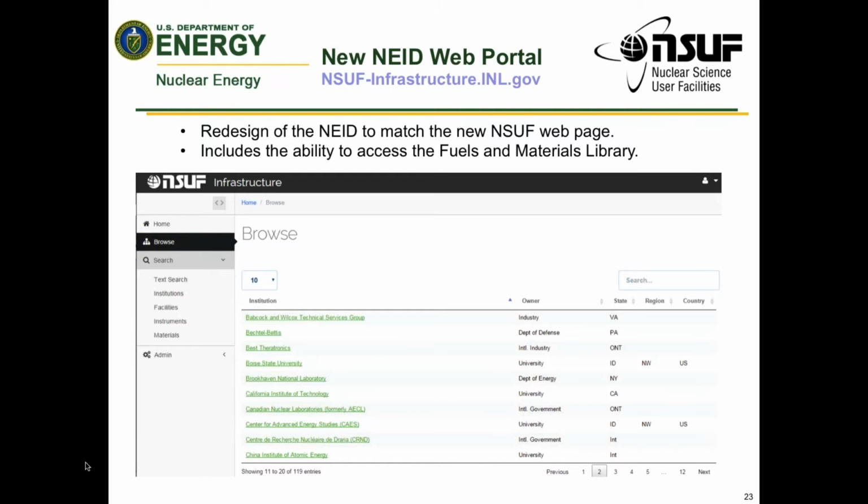We will launch that by the end of this fiscal year, before September 1st, before this FOA is put out there, which will go out on September 1st, correct? Yes. So in order to match those up, the NEID database, and again, this is a searchable web-based database, has been redesigned in order to match this new web page, and so we're very excited about it.